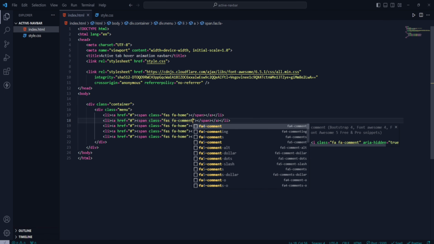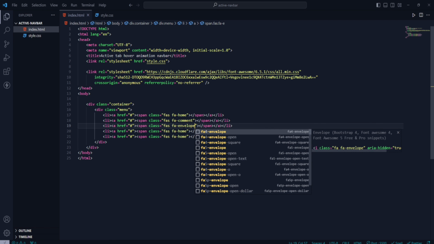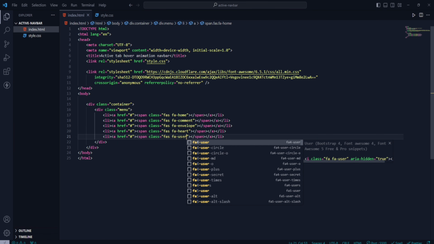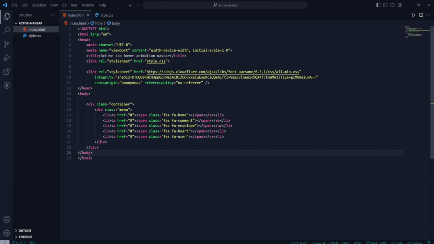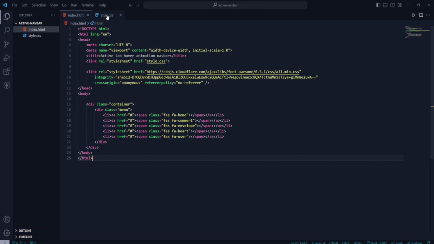This is the comment, this is the envelope, this is the heart icon, and this one is user. So now I will go to the browser and we can see all the icons. The last one is user. Just refresh. Okay, and now I will go to the